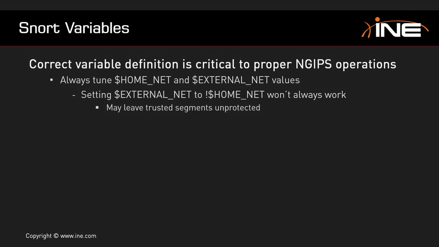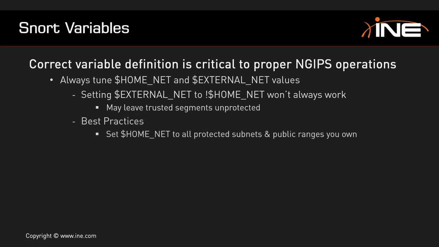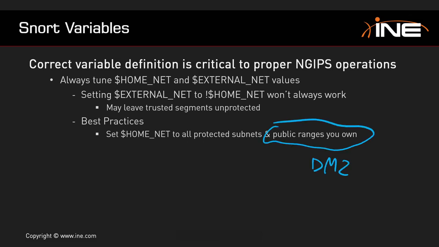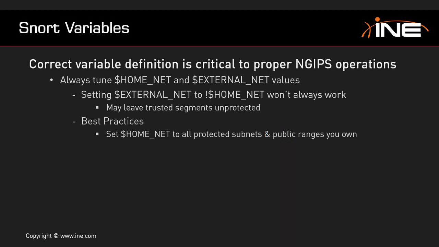How would you actually want to configure the variables? You would definitely want to be very accurate with the home net setting. You would want to include all subnets that you want to protect, so all internal networks, all trusted networks. Plus, you would also include your public addresses, the public ranges that you own. So this stuff is going to be allocated to the DMZ in most cases. So a bunch of private IPs plus all public addresses that belong to you, to your organization, and then you